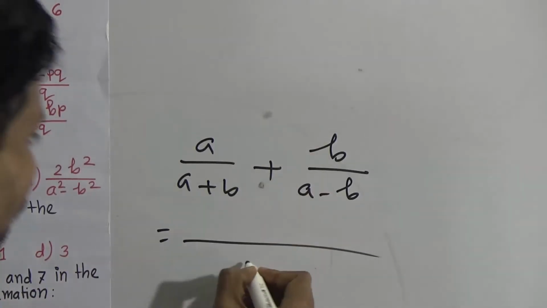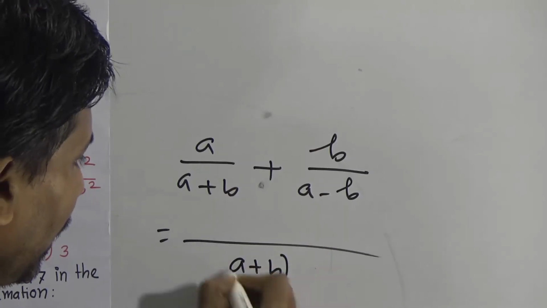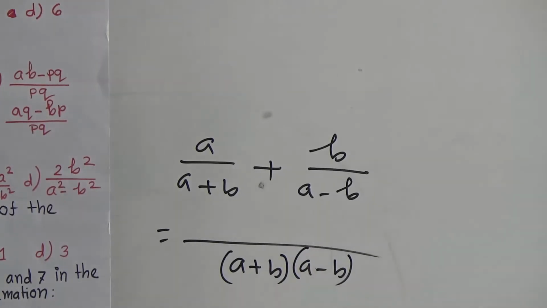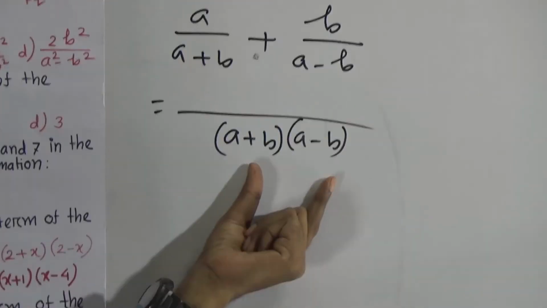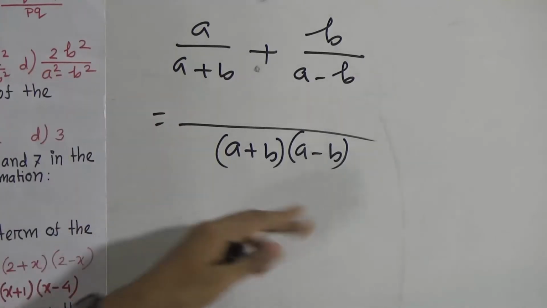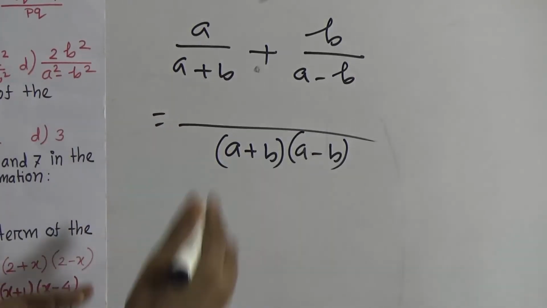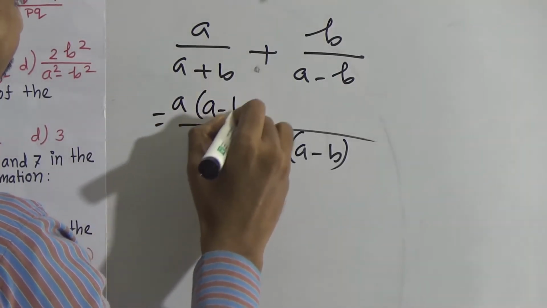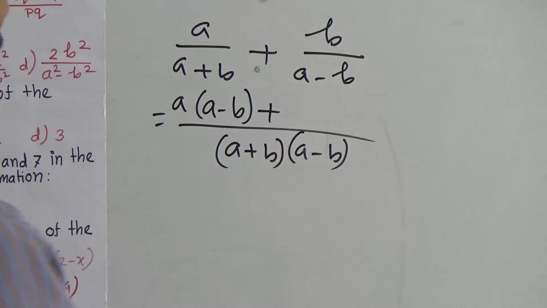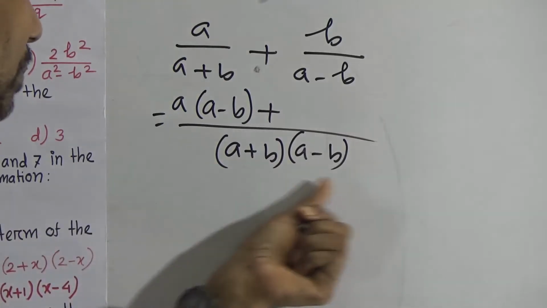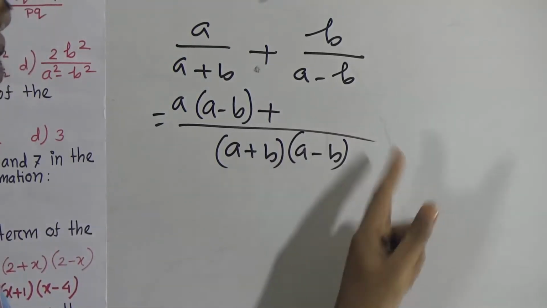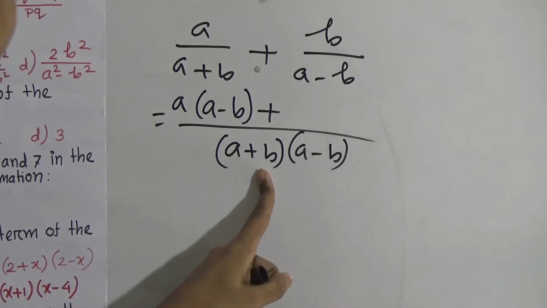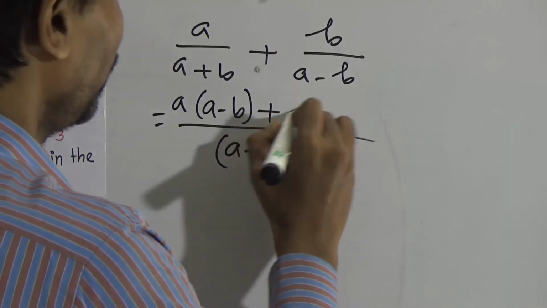It is a plus b into a minus b. Now the same rule: divide this LCM by a plus b, then we get a minus b, and multiply with a. So a into a minus b plus, similarly, divide by a minus b. Then a minus b vanishes and a plus b is remaining. Then multiply with b into